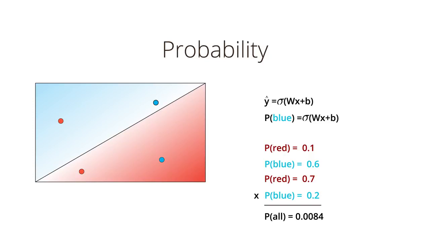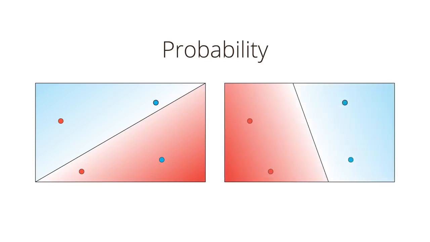What we mean by this is that if the model is given by these probability spaces, then the probability that the points are of these colors is 0.0084. Now let's do this for both models. As we saw, the model on the left tells us that the probability of these points being of those colors is 0.0084. If we do the same thing for the model on the right, let's say we get that